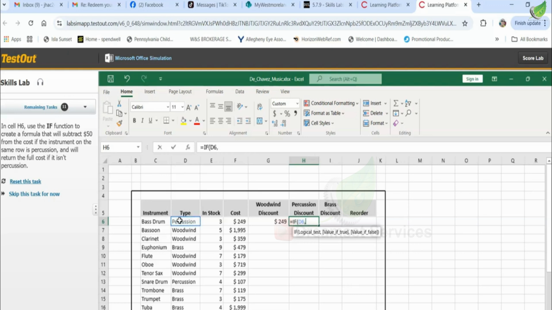comma, and we want to test the value, so we're going to do our parentheses, and we're going to type in percussion, and the parentheses, and comma, and then we're going to select F6, which is this cell here, and we're going to do minus 50, comma, and we're going to select F6 and hit enter. So our percussion discount